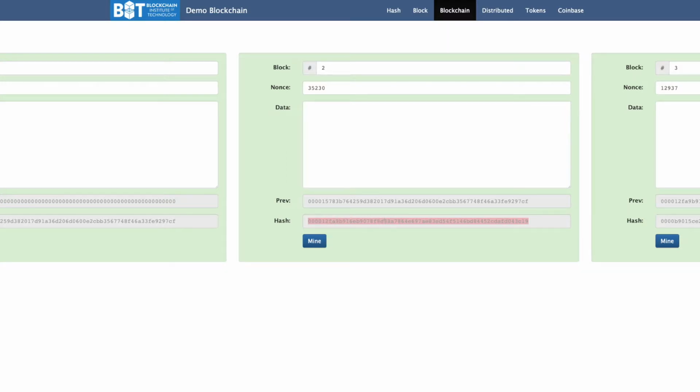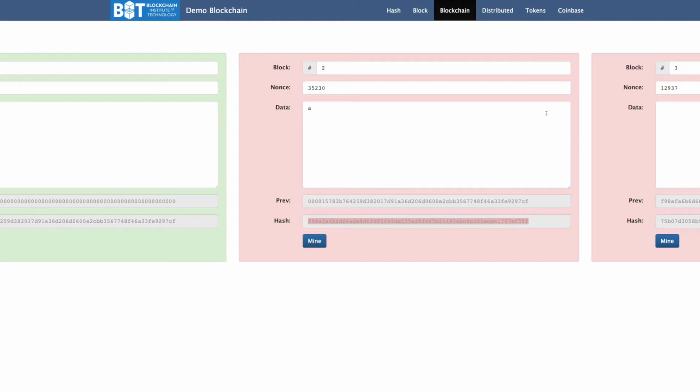And this happens exactly the same way here on the third block. So what happens if I try to forge this data, to change something here? Bam! Not one, but two invalid blocks. Why? Because my hash in block number two has changed, and now it does not comply with my rule that has four zeros in front of it. And also, this hash has invalidated all the blocks in front of it.